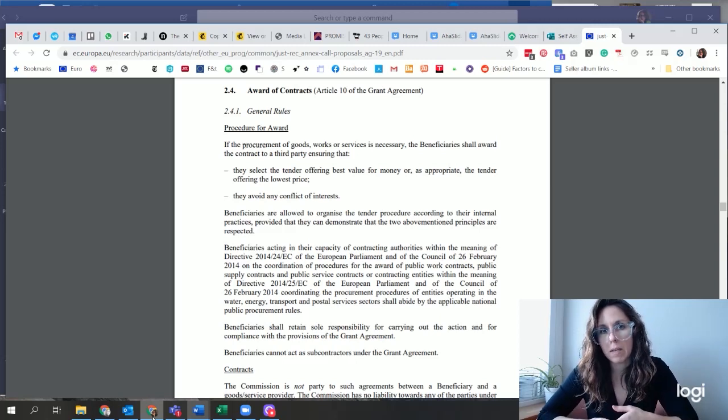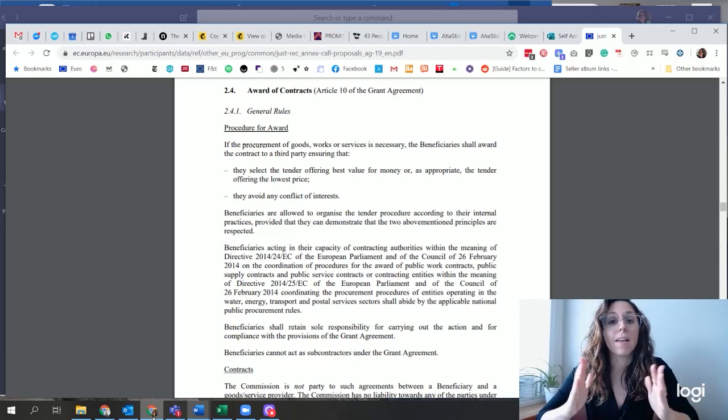In practice, this means that generally you need to show that you have compared costs across a number of providers for anything. It means essentially that almost anything that you buy, you need to have evidence that you compared